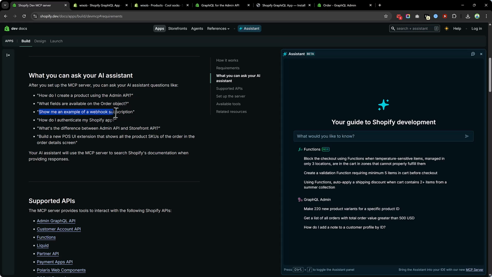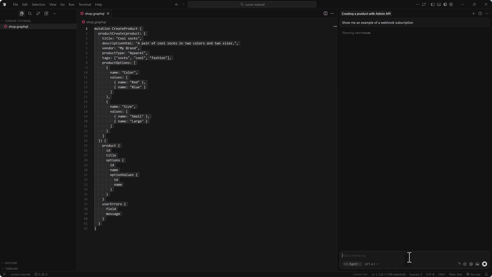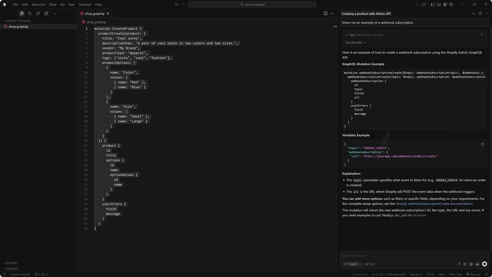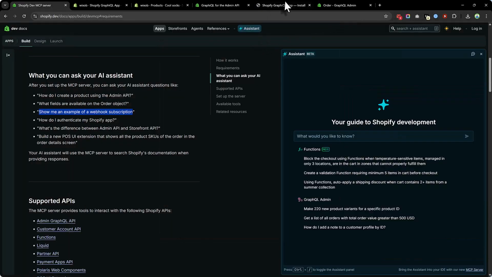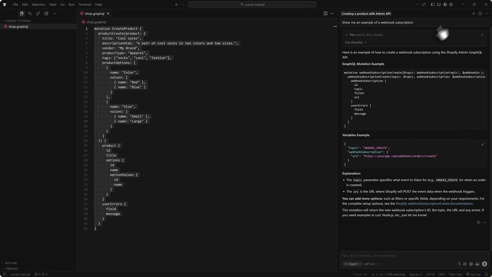Webhook subscription. So if you would like to make the webhook subscription, it will give you the example of how you can register a webhook. So here is an example of a GraphQL query. So let me copy this and let me go back here and paste that query over here. And in the variable, we need to copy the variable, copy this, and